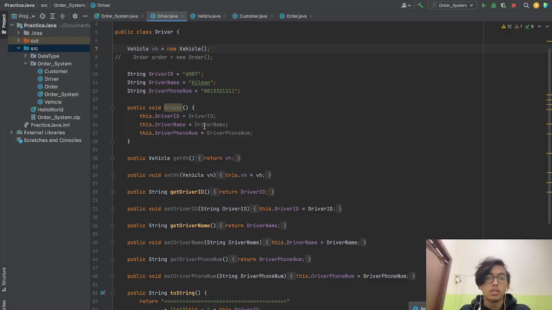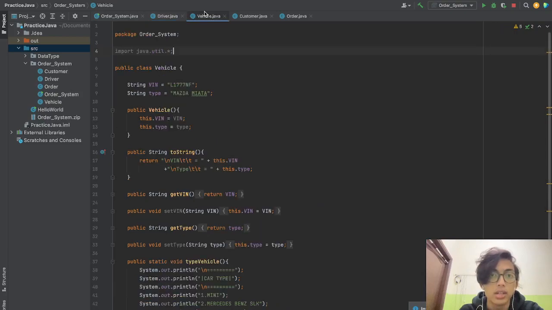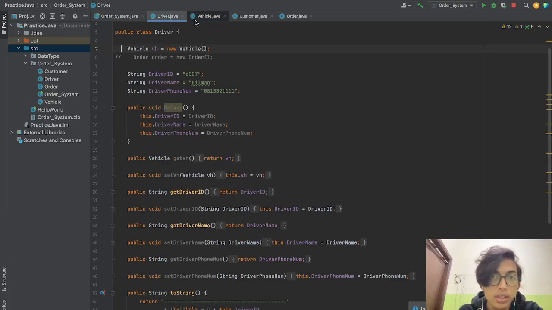And this is the function to set the constructor, and here we have the set and get functions for those 3 strings. And here the driver is tagged along with the vehicle. Like usual, a driver should have their own car.